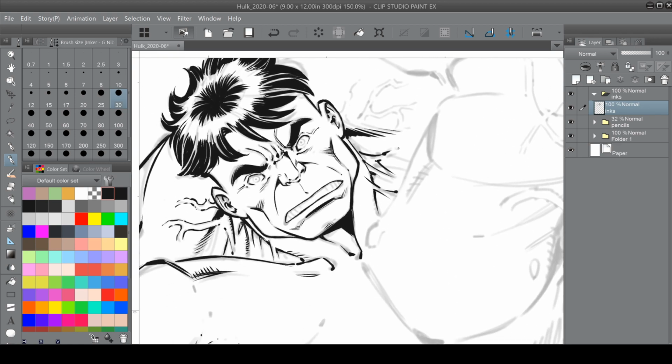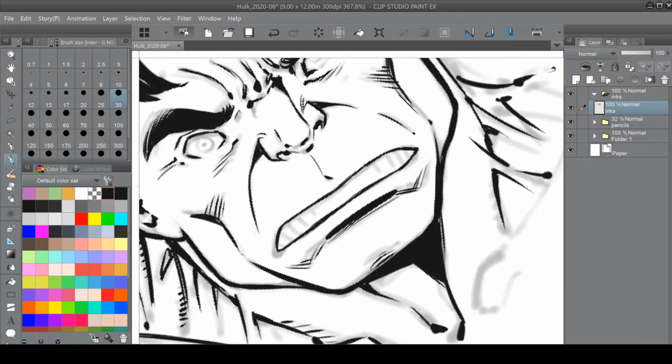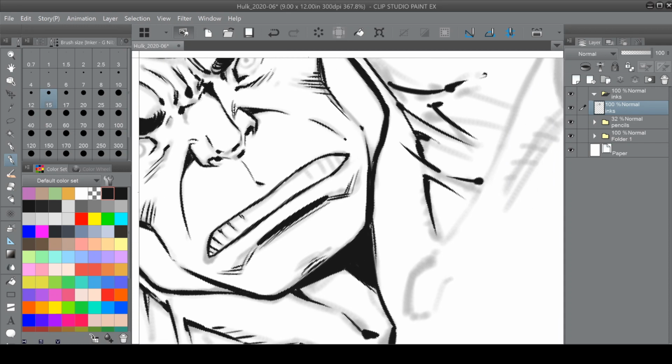Let's see, I did not finish Hulk's face here. I'm going to come up here and finish his teeth. I'm going to power down to like a size 15 so I can get some real nice, clean, tight details, and the line work doesn't muddy up. If this was too thick of a pen nib, it would be very, in fact, I can demonstrate. If I was still using the 50 here for the teeth,